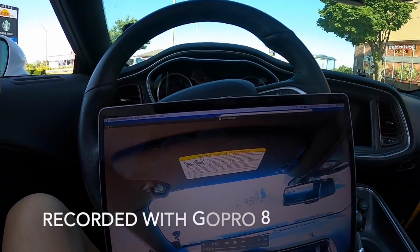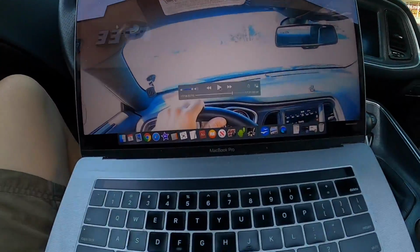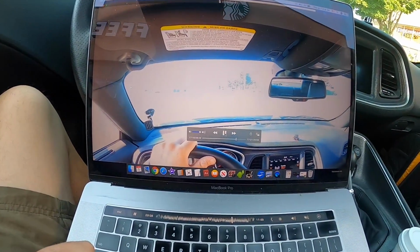Okay, I had to add something to this video because this is awful. I'm watching the clips that I just recorded, and now I went inside the menu, which I did not do before, and looks like this one, and we're talking about Hero 8, does not have spot metering anymore, whereas on the Session 5 you could choose regular metering or spot metering, which is very helpful when you record from inside the vehicle. But what happens with this one, you see, this is my video, right? Hold on. It has the display in the front, which is helpful when you're filming yourself,